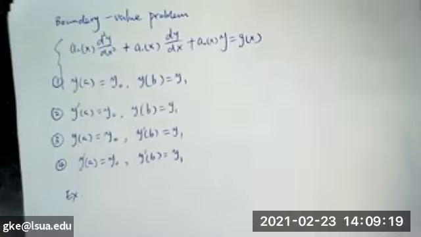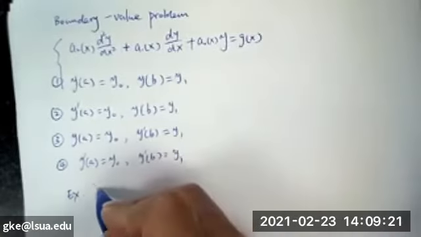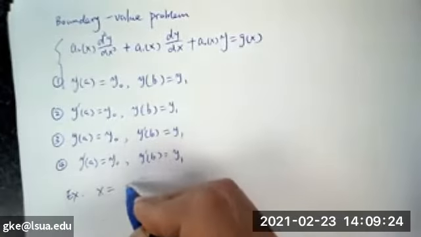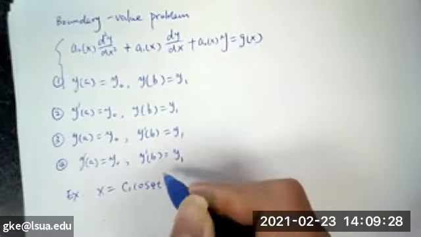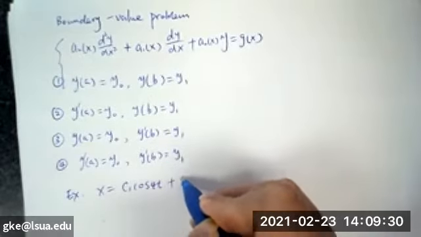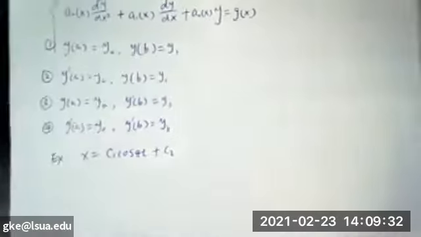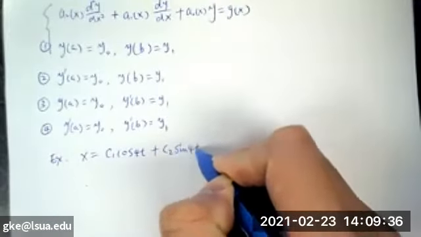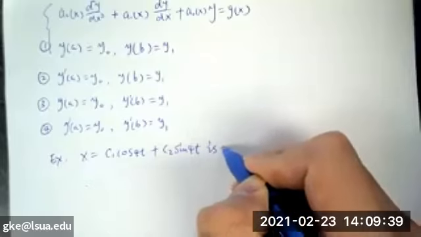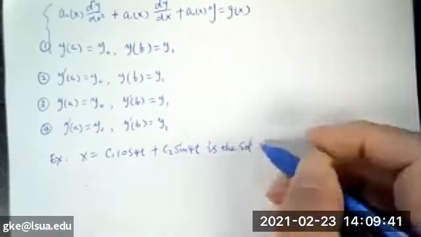And today we're going to continue this example. One example last time I gave you is C1 cosine 4t plus C2 sine 4t is the solution